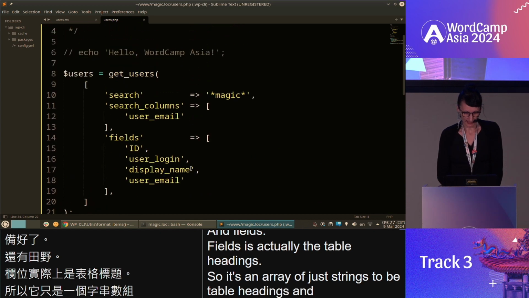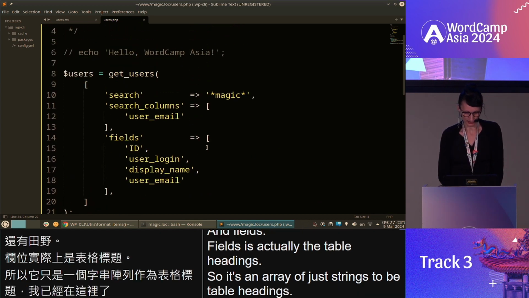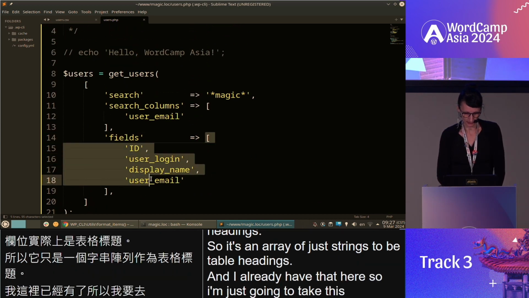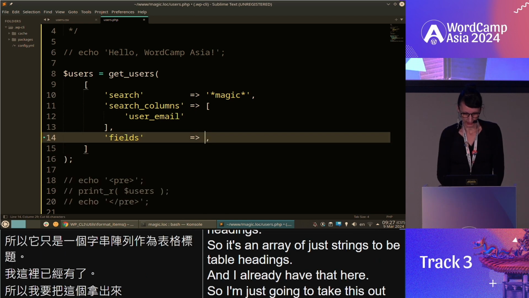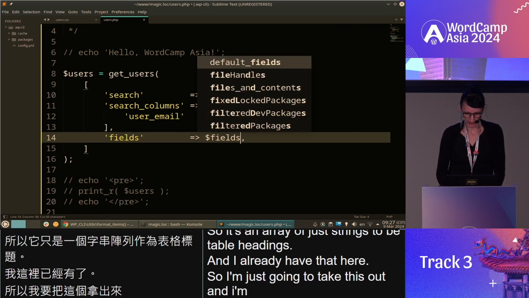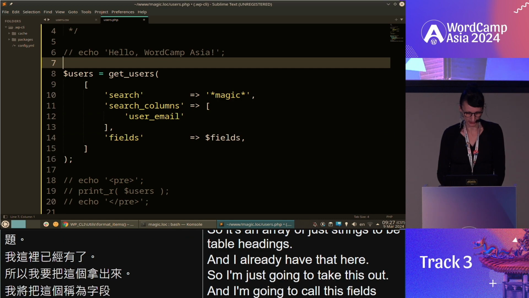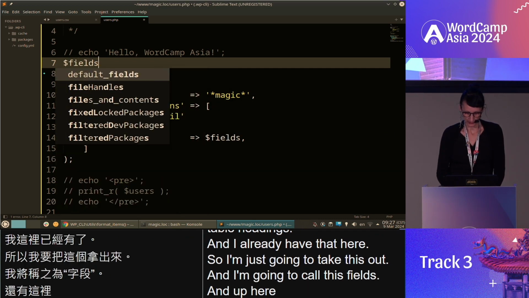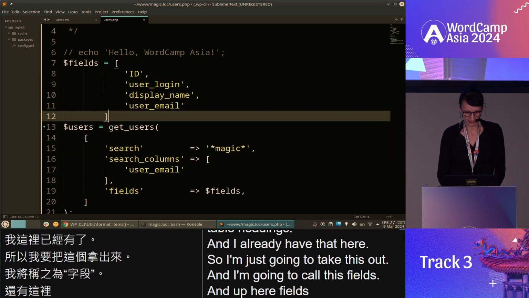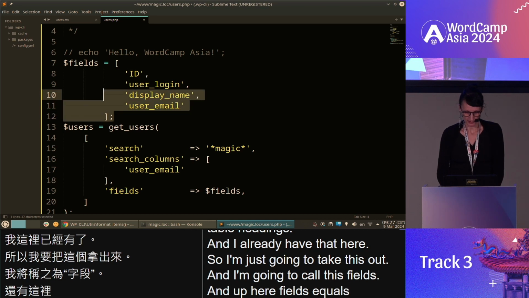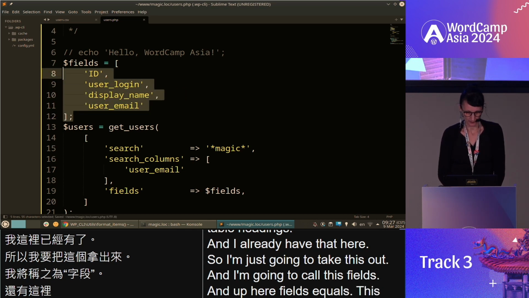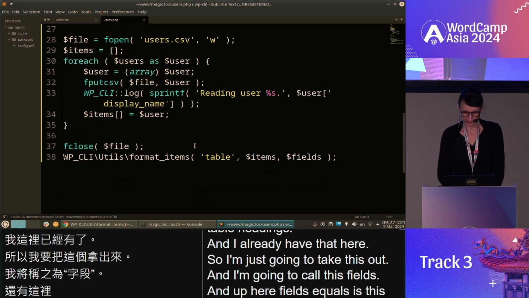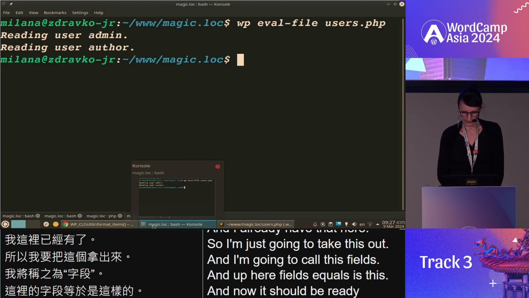And I already have that here, so I'm just gonna take this out. And I'm gonna call this fields, and up here, fields equals this. And now it should be ready, so if we run it again,